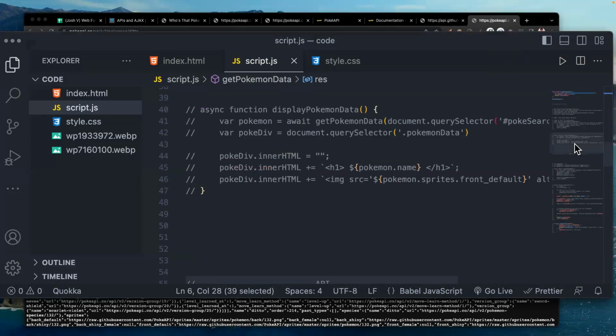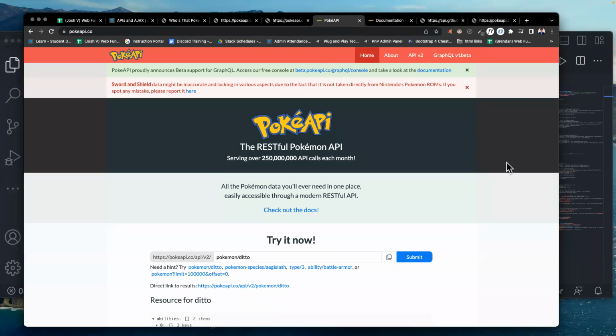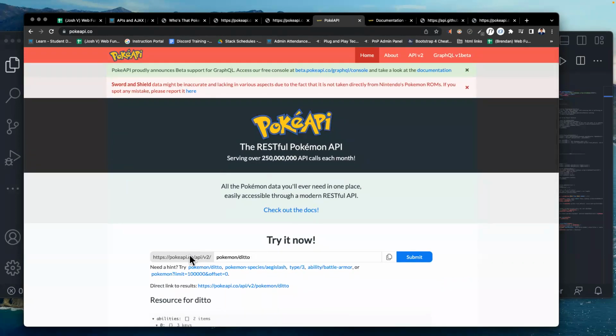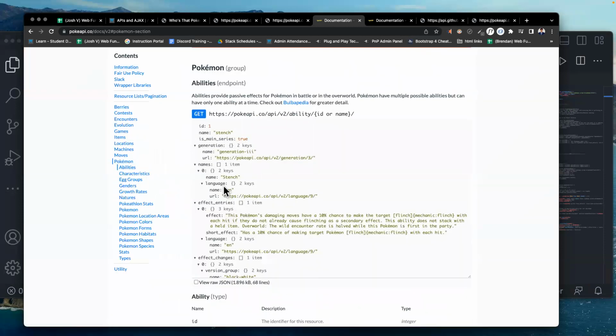All right, so if we go to this Pokemon API, let's go to the main website. This is what the API looks like. If I go to pokeapi.co, then I have this API where it tells me here, if you want to get Ditto, then this is what it would look like. If you want to, go look around through the website, see how you're making different calls. You go on these tabs here, and it'll tell you, if you want to get this Pokemon's ability, then you put the ID or name here.